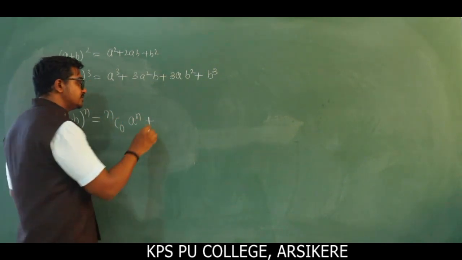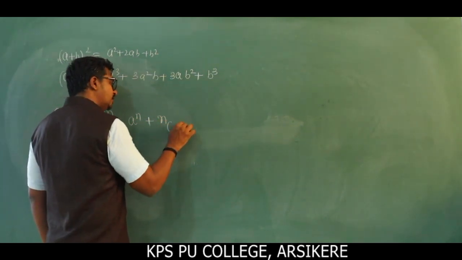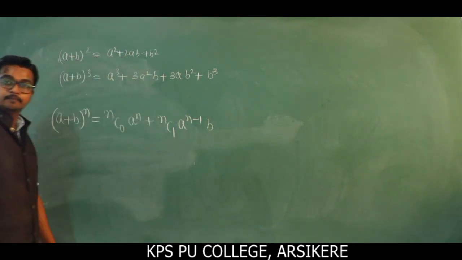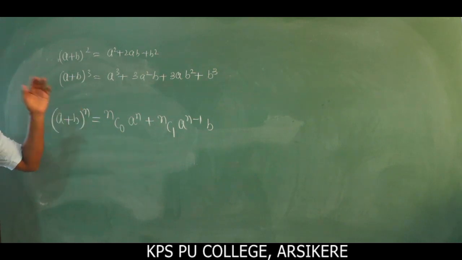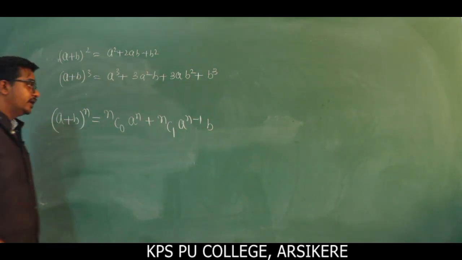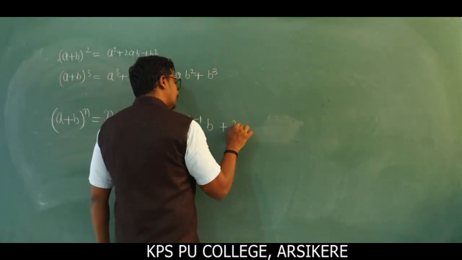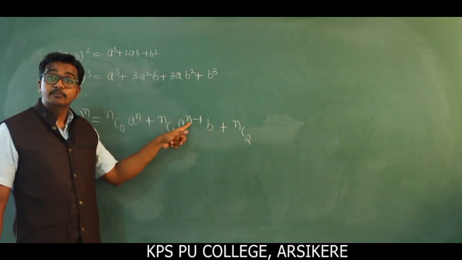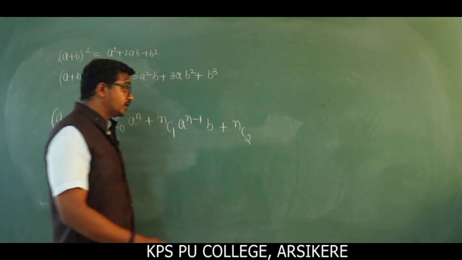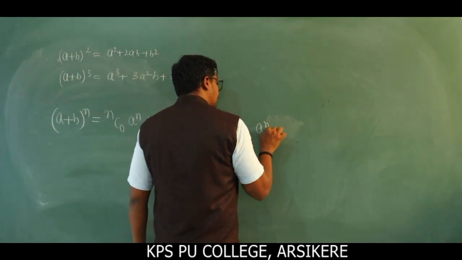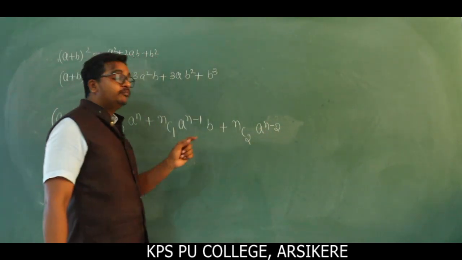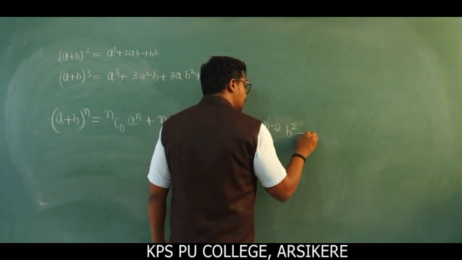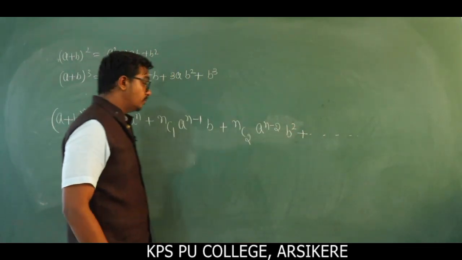So the next term becomes nC1 a power n minus 1 into b, and the next term plus nC2, the power of a is decremented by 1, so n minus 1 becomes n minus 2, a power n minus 2, and the power of b is incremented by 1, that becomes b power 2, plus that will continue, plus